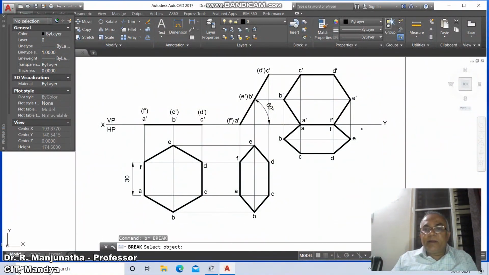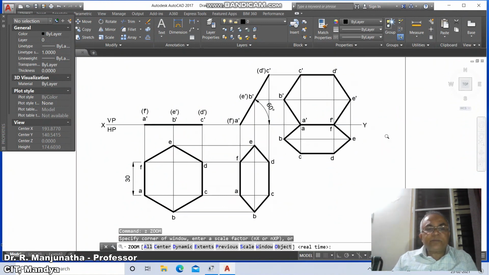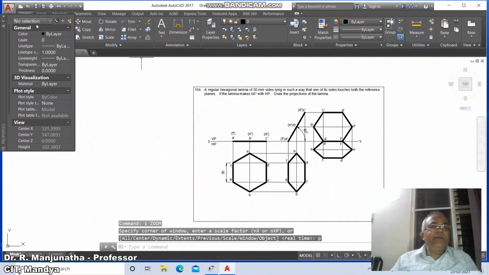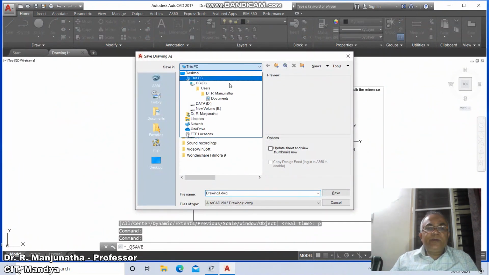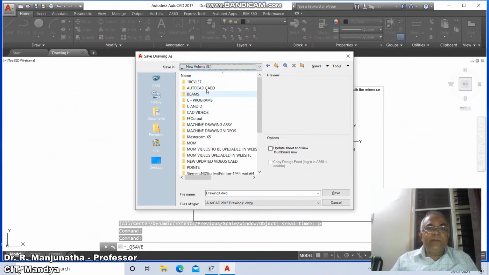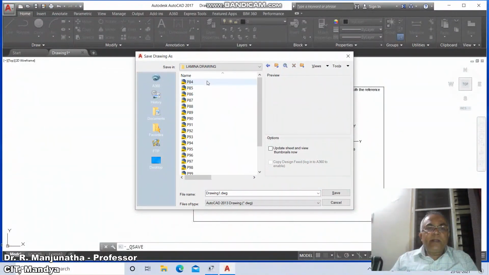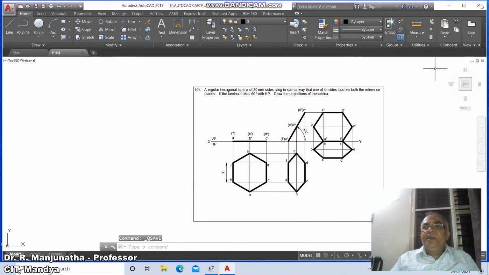Then go to break this line, then go to move and place it here. So this is how you will be able to create this drawing, and then go to save this to the appropriate drive. Go to AutoCAD Lamina drawing and you type P104 and say save. Finally you exit.